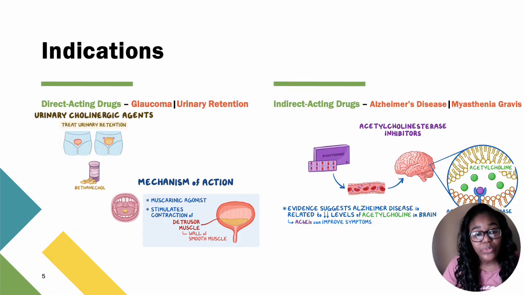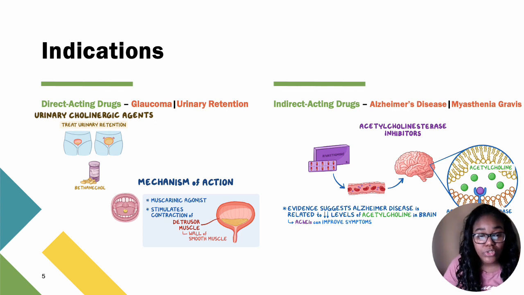So the next section we'll talk about our indications for cholinergic agonists. You have two different subtypes of cholinergic agonists. You have direct acting cholinergic agonists and indirect acting cholinergic agonists. That's a lot to say, but just follow us here. Direct acting cholinergic agonists, or cholinergic stimulators, are parasympathomimetics. Direct acting